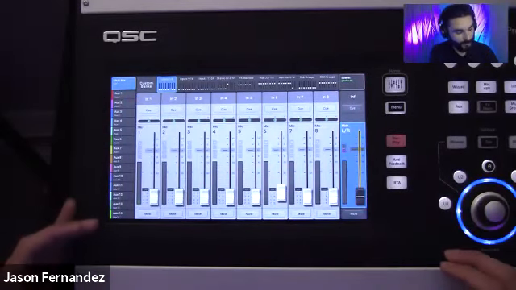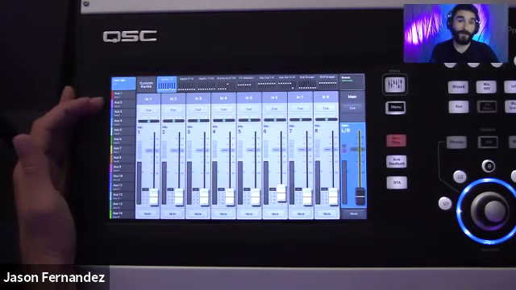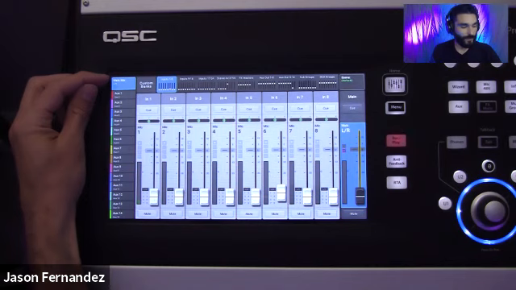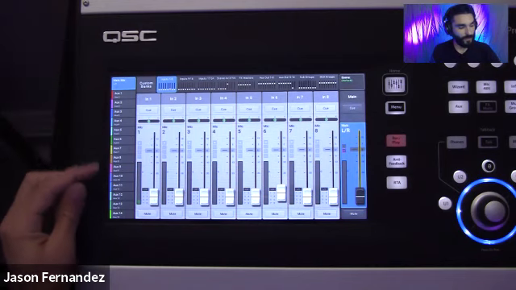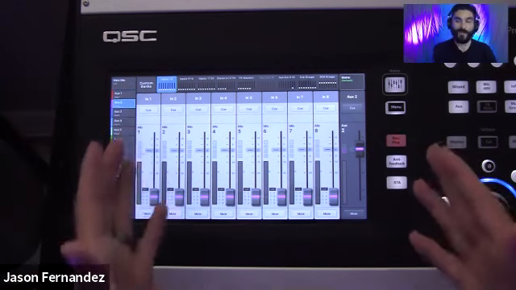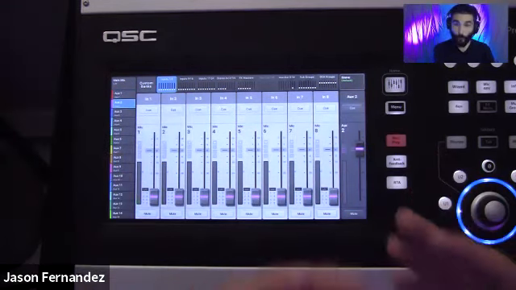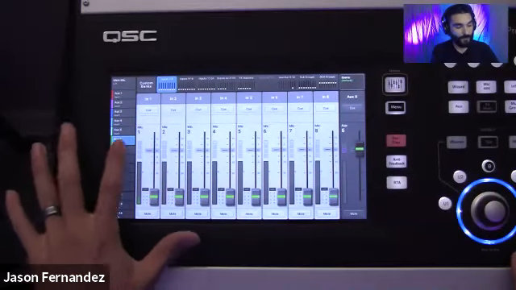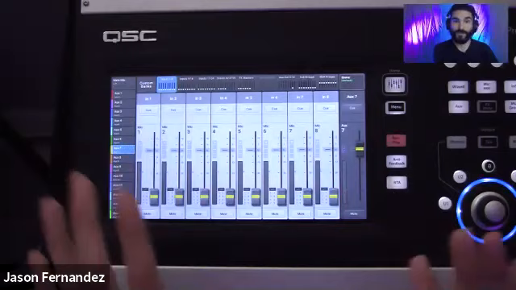On the left hand of the screen here, I have all of my mix navigation buttons. So I can see my main mix, which is highlighted right now. This is what I'm looking at. And then underneath, all of these different buttons will allow me to access my various aux mixes. So on my TouchMix 30 Pro here, I do have 14 outputs, and I can enter into any one of those mixes,